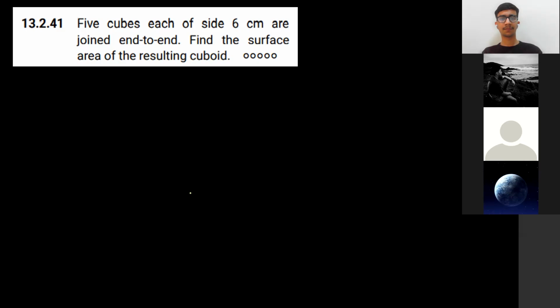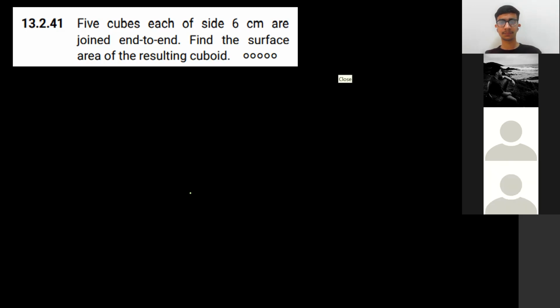Yes, sir, sorry. Elena, incorrect. Anirban, correct. Mansi, correct. Yes, Nikki, correct. Now, Elena, height will be 30 or length will be 30? So the length,